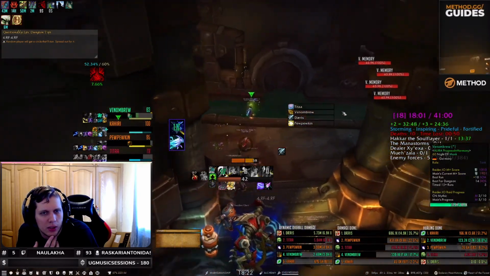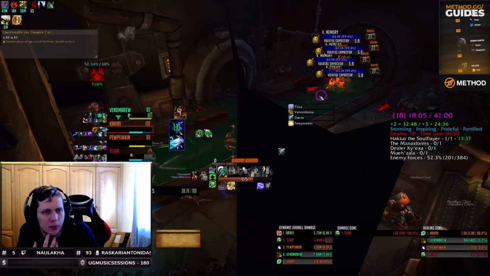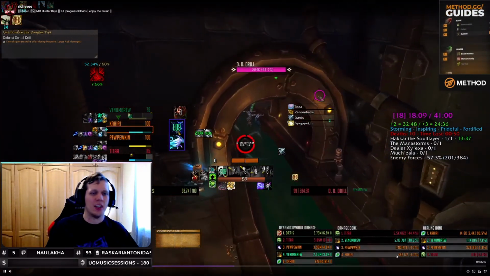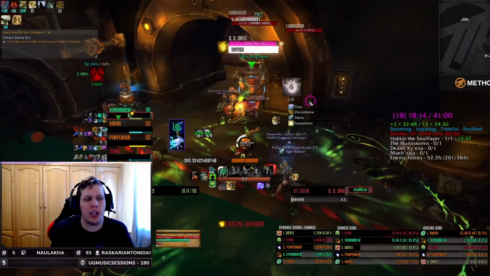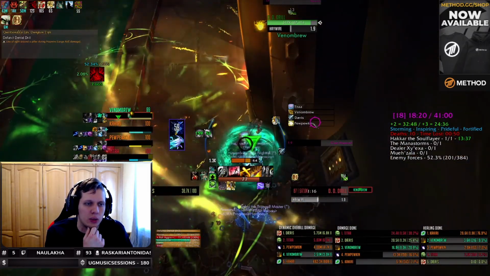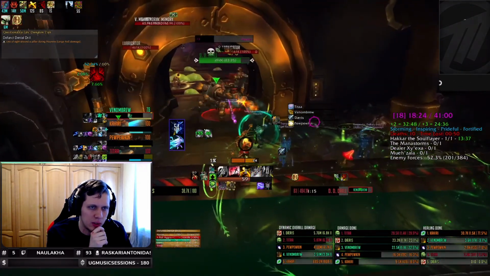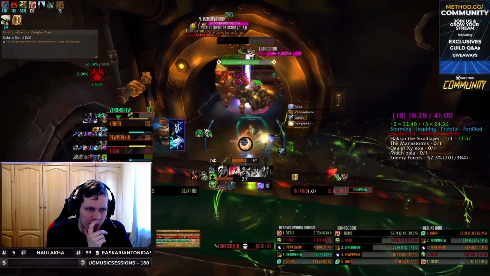Okie dokie. Binding shot landed here in the corner, but you can binding shot those mobs and they don't move. But we had Resto Druid mass root. Okay, so what we ended up doing here, I think we pulled the lubricator. Like this wing,